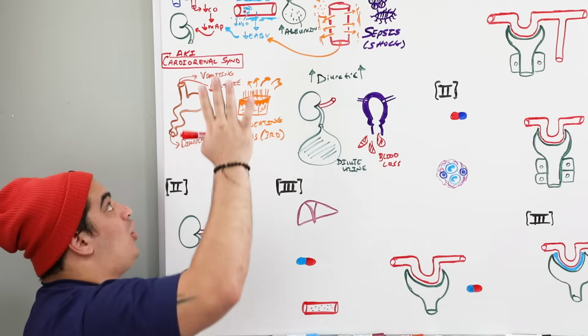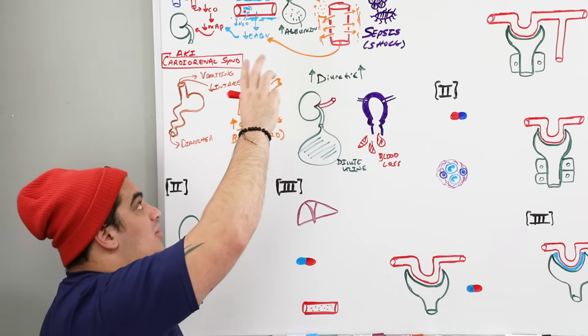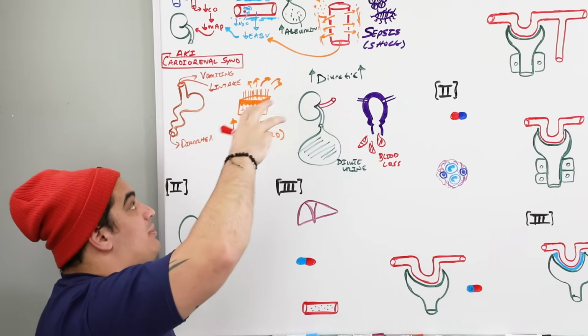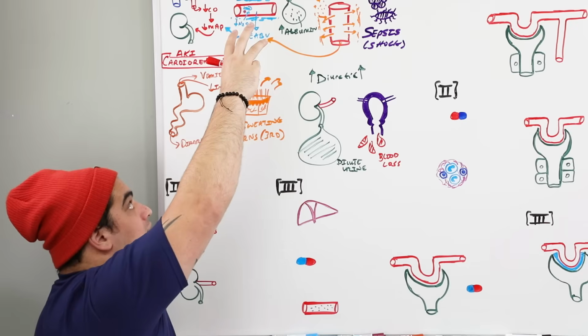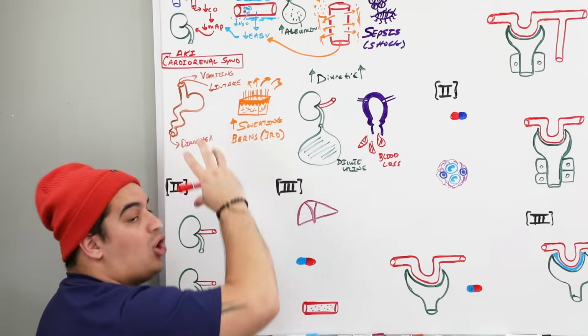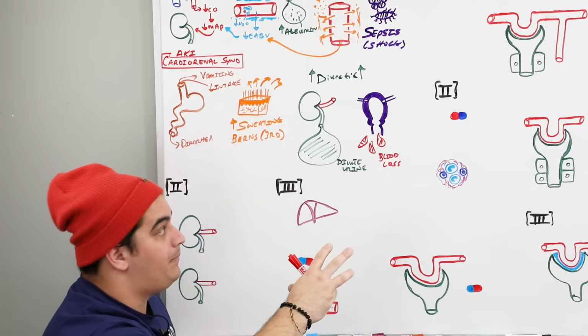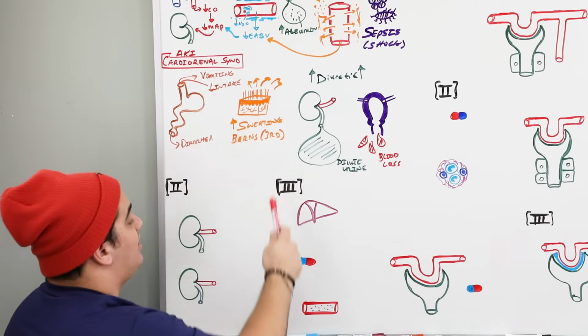All right, so we have either total effective arterial blood volume is low, or third spacing of fluid. These are the above causes. And then these other ones are where you actually have a total volume loss from the body. But either way, the whole concept is the same.